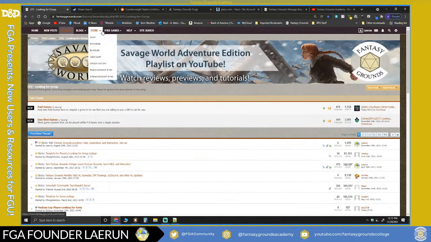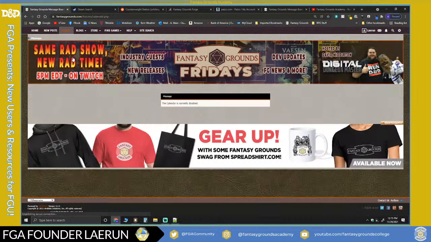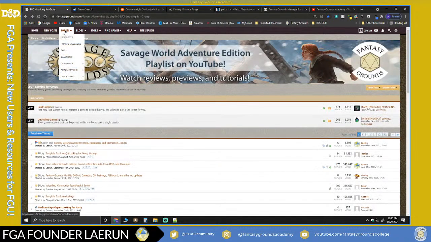And then you'll find there is a calendar, a community area where you can actually get onto the calendar and use it to schedule and get onto games. I haven't used it in a while, but that is another way that people find games and look for them.